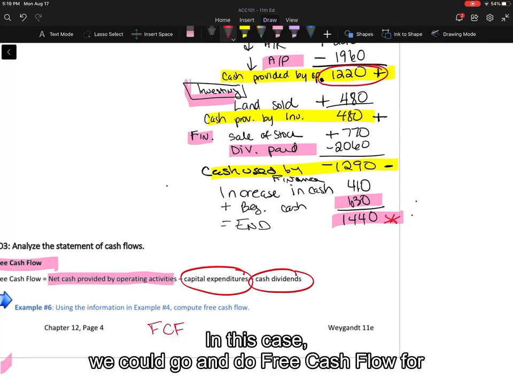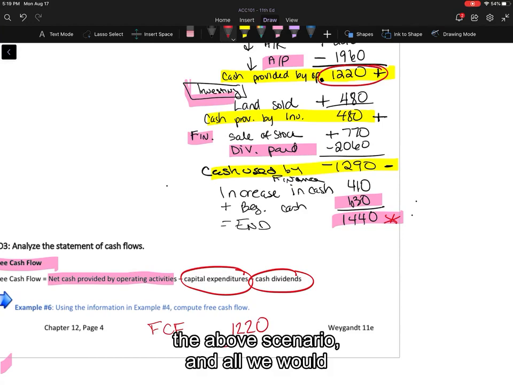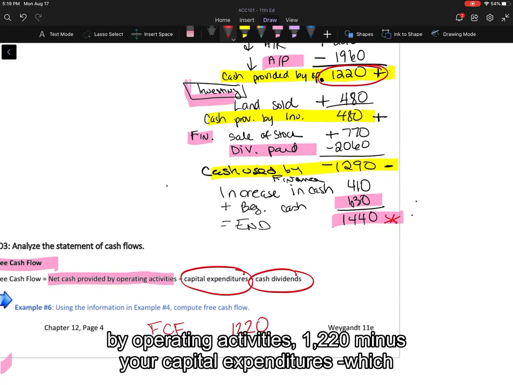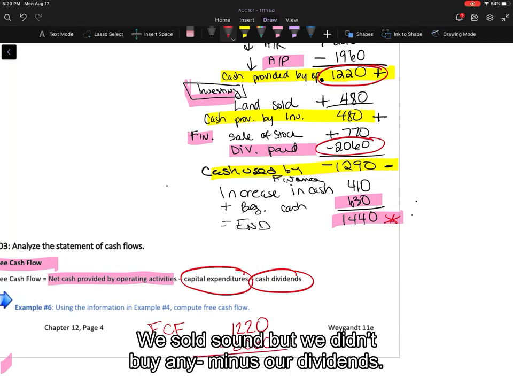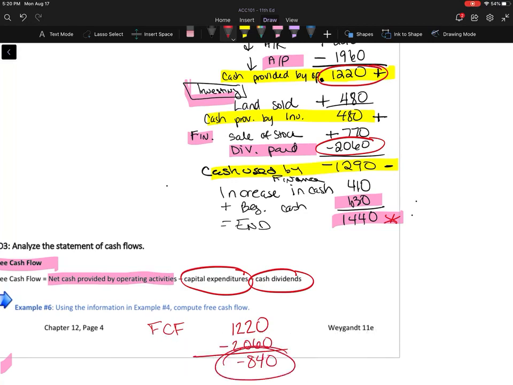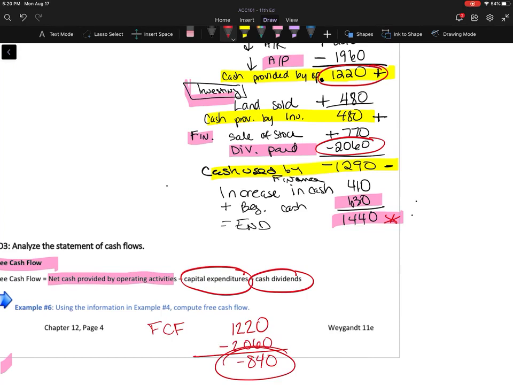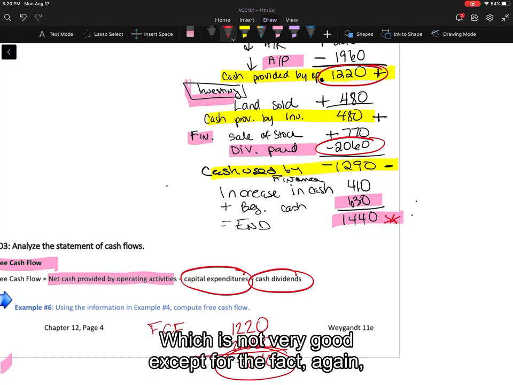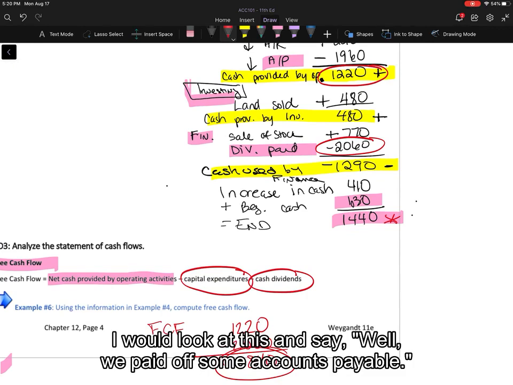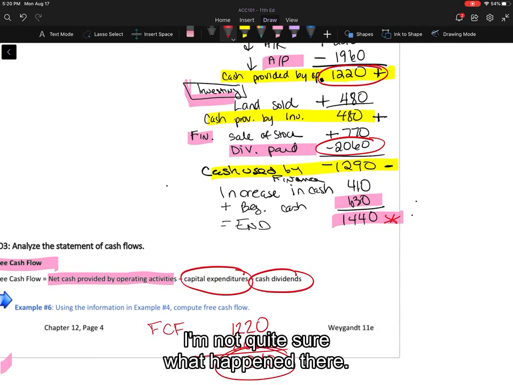So in this case, we could go and do free cash flow for the above scenario, and all we would do is grab the cash provided by operating activities, 1220, minus your capital expenditures, which there were none. We didn't buy any capital. We sold some, but we didn't buy any, minus our dividends. And we actually end up with a negative free cash flow, okay, which is not very good, except for the fact, again, I would look at this and say, well, we paid off some accounts payable. So I'm not quite sure